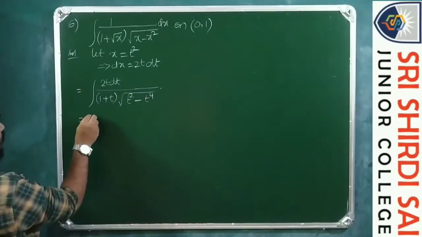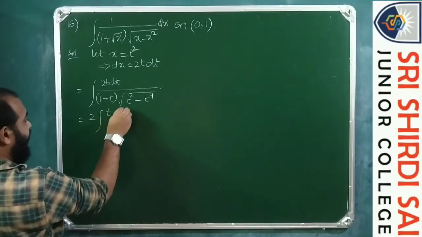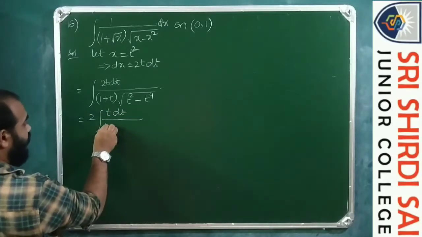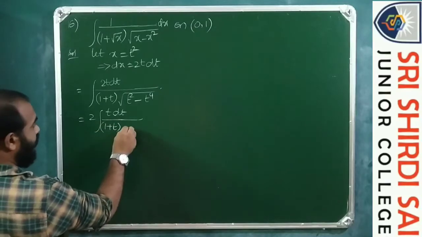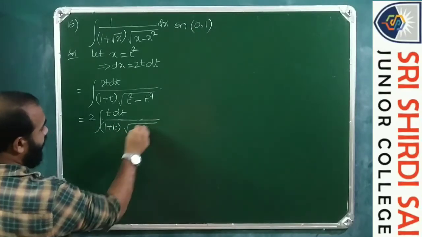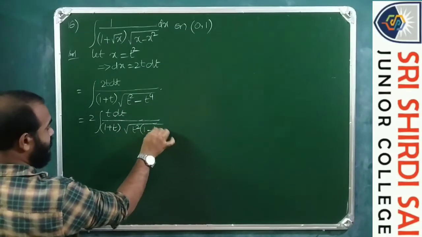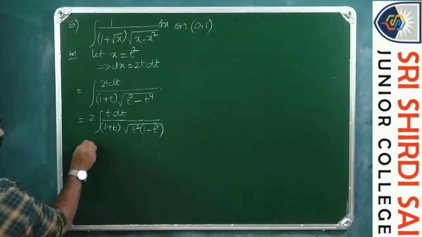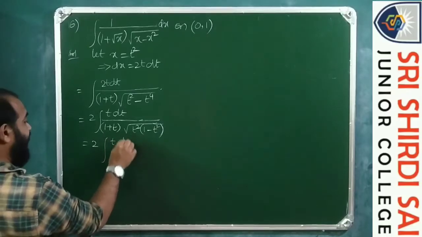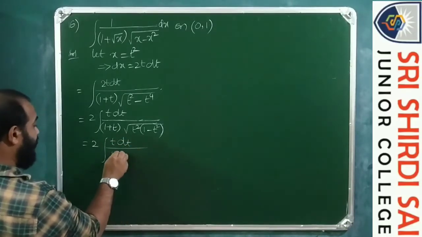This is equals to 2t dt by 1 plus t into root of, take t square common in both of them, then we'll get 1 minus t square. This is equals to 2 integral t dt by 1 plus t into,